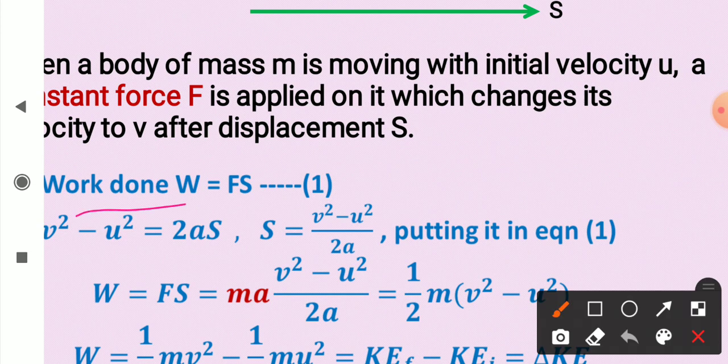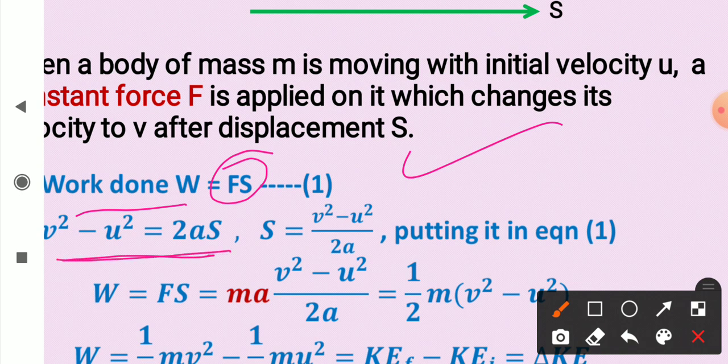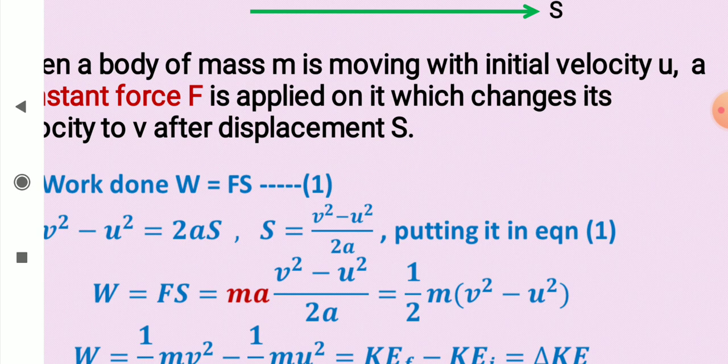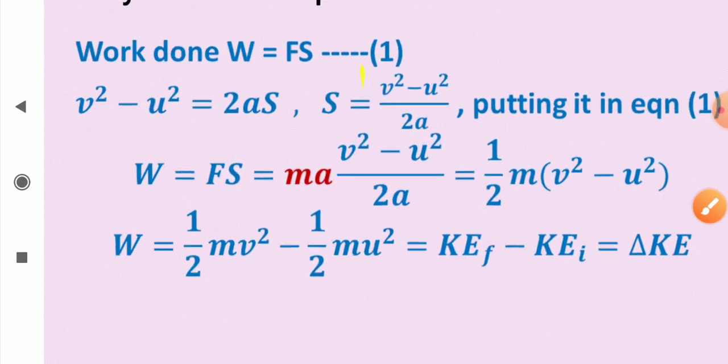So work done by force is force into displacement. Let it be equation number 1. And let us use third equation of motion. So to find out displacement, you see, keep displacement S on one side and take this 2a to the other side. So S becomes v square minus u square upon 2a, and put this value of S in equation number 1. So what we get now is, see,